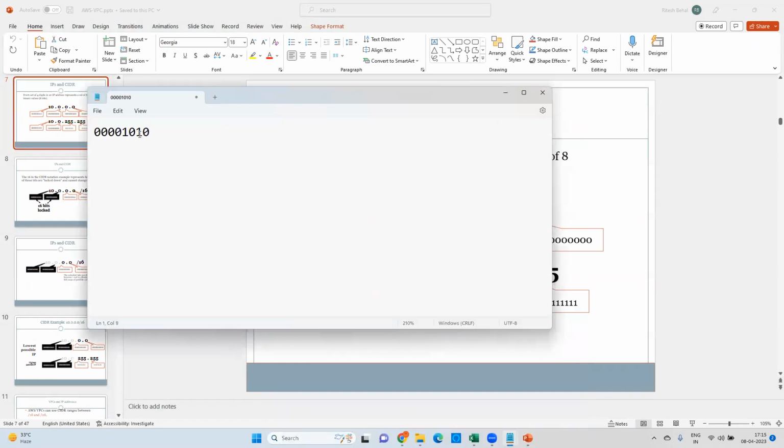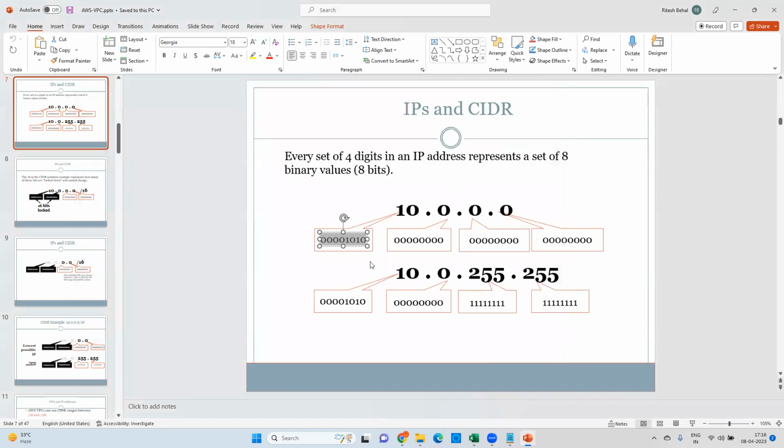let me just copy it. Starting from 0, it will be 1, it will be 2, it will be 4, like this. So 1, 2, 4, 8, right? Here it is 8, here it is 2. It becomes 10 for you, right? Similarly, if I go with this calculation, you will understand